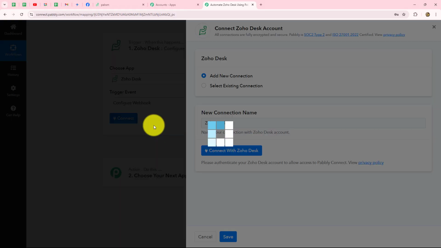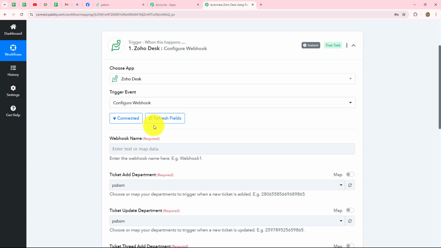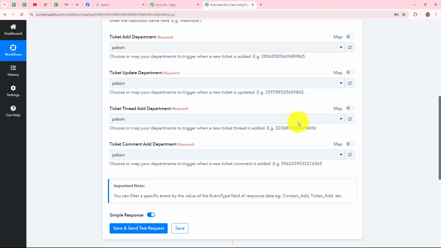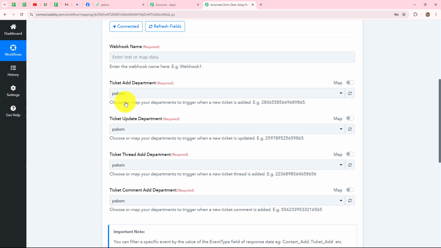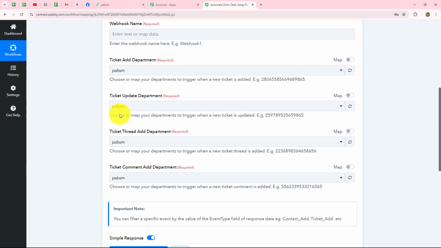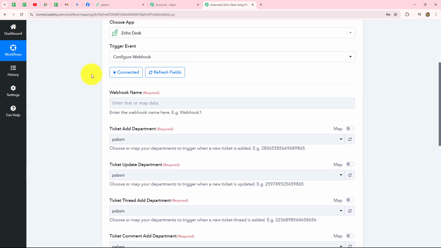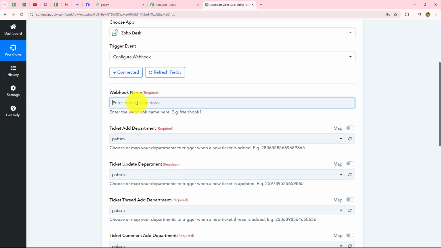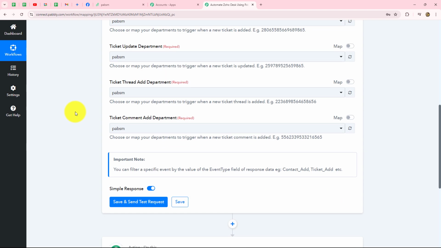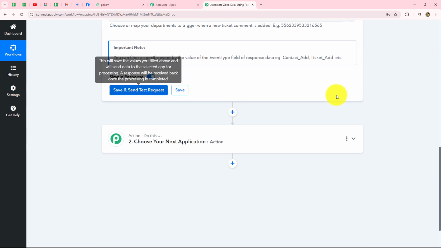As we have done that, you can see that the authorization has become successful and the connection between Zoho Desk and Pabbly Connect is successful as well. Then we have to provide the webhook name and other details. So what do you want to perform actually? For whichever reason you are setting up this connection, you can give a name according to that. Let's say I'm going to enter new tickets as the name of the webhook because I want, let's say, whenever a new ticket is added in my Zoho Desk account, the response should be captured. Then we are going to click on the save and send test request button,